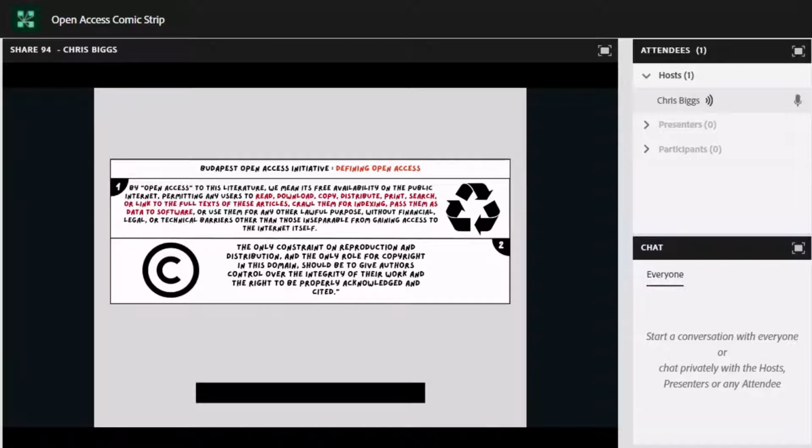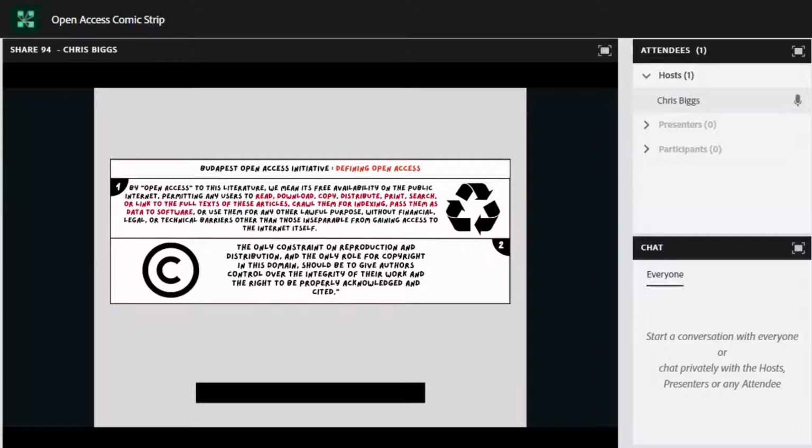This definition not only talks about making the literature free to read, but also reusable in the context of the internet. It's not enough just to read it on the screen. You should be able to download it, copy it, text mine it, redistribute it, etc. So, at the very beginning, open access is entwined with permissive licenses to reuse the work, and this foreshadows the use of Creative Commons licenses in open access policies later in the OA story.